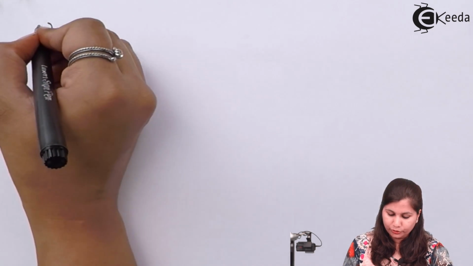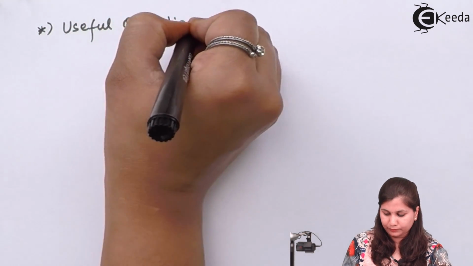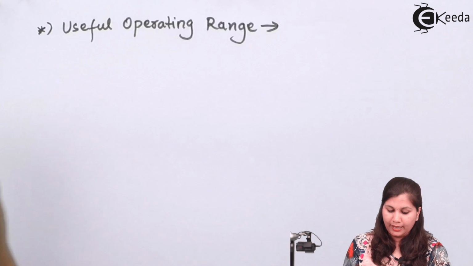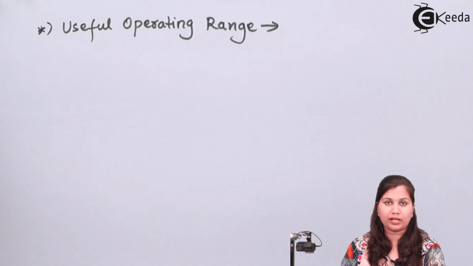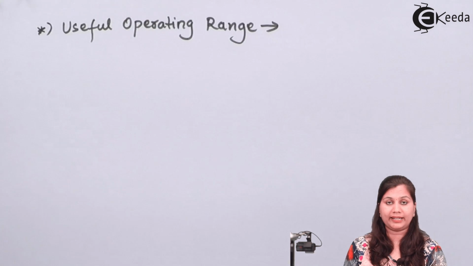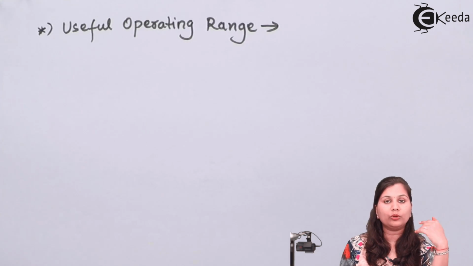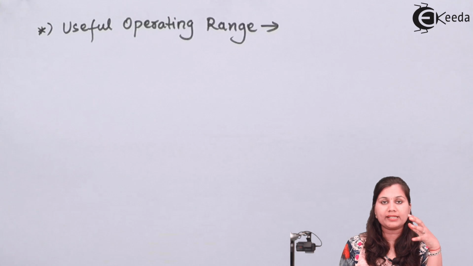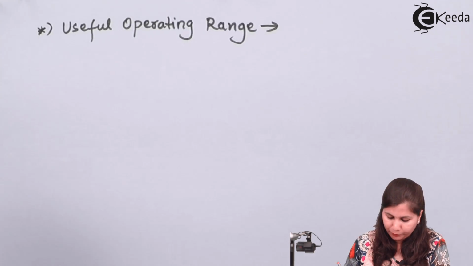Next is the useful range. In the input characteristics also, we studied about the operating range of the transducer: the upper limit is decided by the capabilities of the transducer and the lower limit is decided by the noise factor or the unavoidable noise which is present in the transducer. Okay, so here also the output range